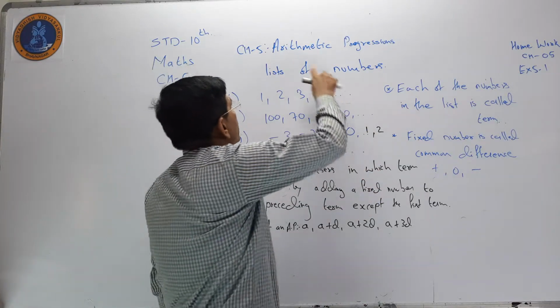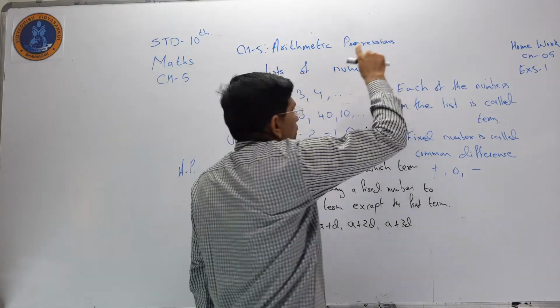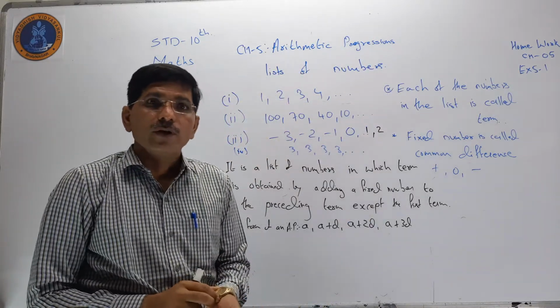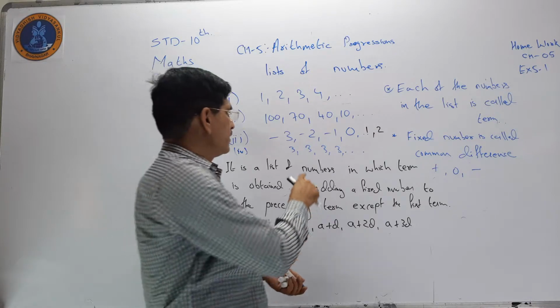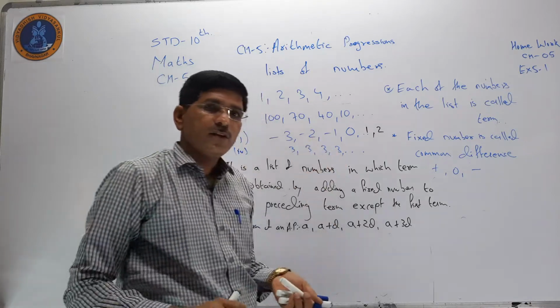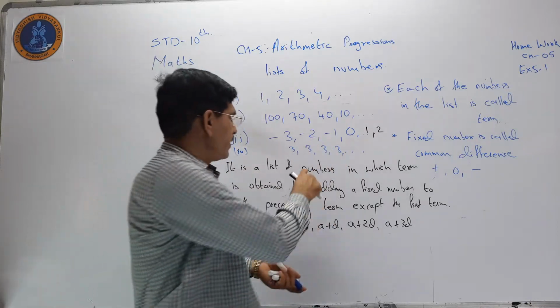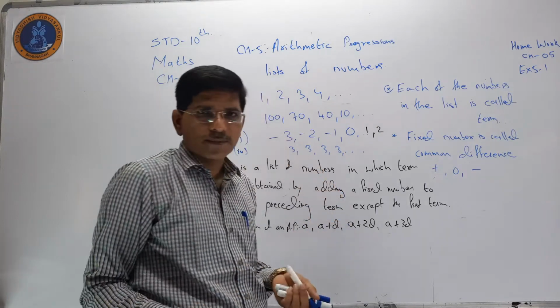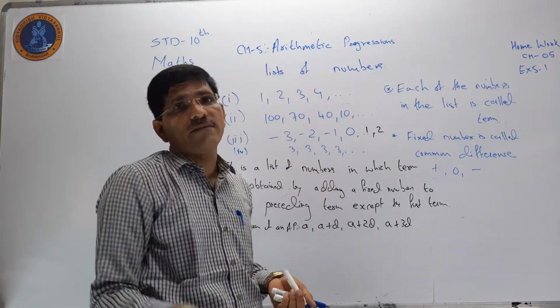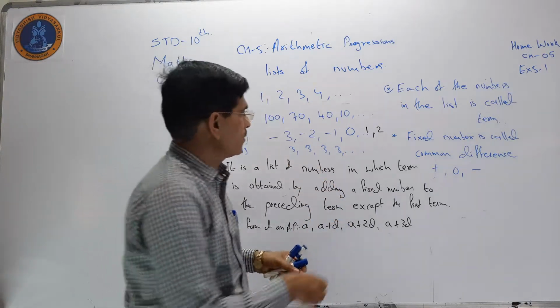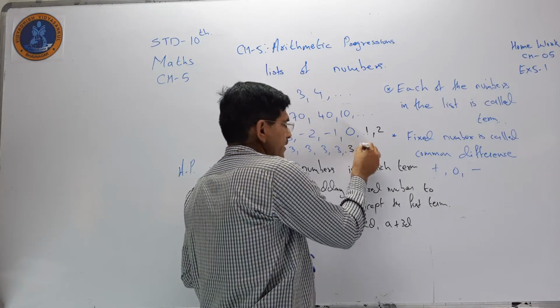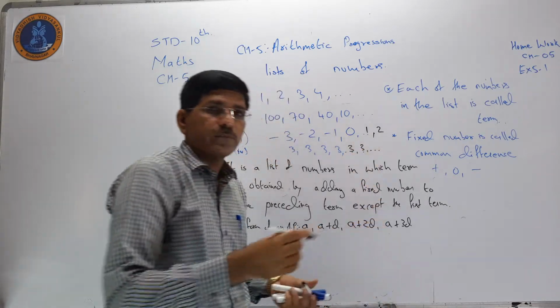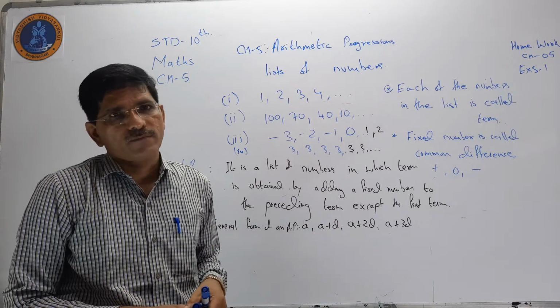If you see now, the fourth example is most important. Generally here we are saying arithmetic progression. Progression means continuous. So here you see 3, 3, 3, 3. We cannot add anything. No number is added or subtracted, but the difference is every time the same. So we can also write it as continuous here. It is also an arithmetic progression.